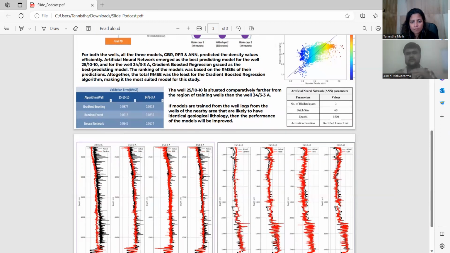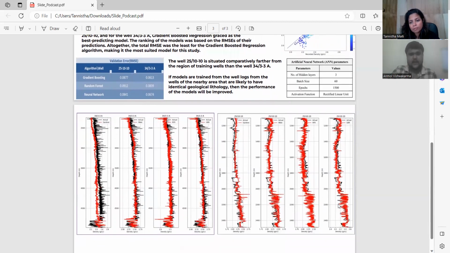whether it is on the interfaces, and the interesting thing is there are also oil bearing formations in these data sets, in these well logs. So it is from the North Sea Utsira High region data, and there were some oil bearing intervals also present. In those intervals also the predictions were good, even in the interfaces also.